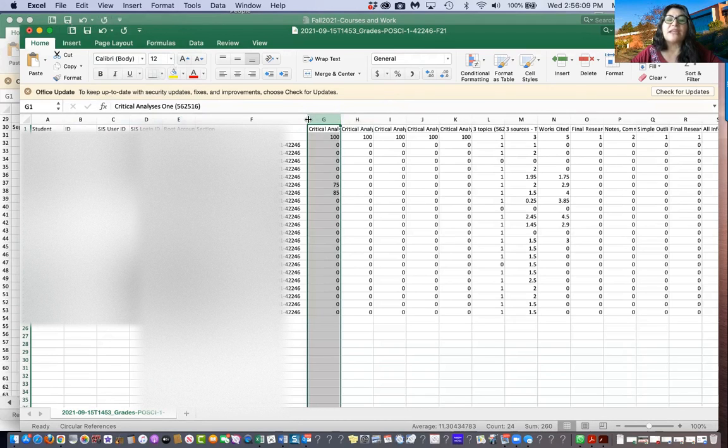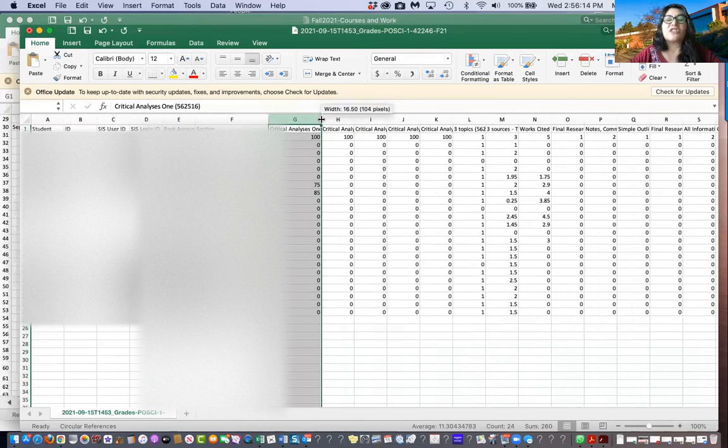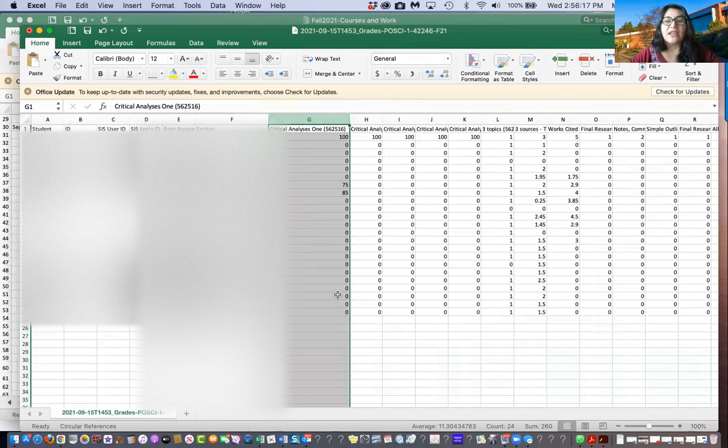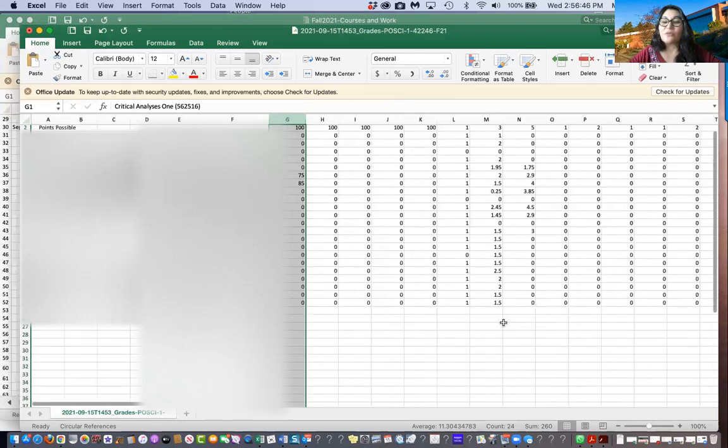But the other thing to make note of is that you can adjust this. So for example, here, you can make it so you can see the full assignment, right? So it'll show the points possible on the top and then the assignments. And so you can manipulate this to make it look better or be a little bit clearer or to be a little bit bigger font. So that's what's really nice about exporting to Excel. And then here you can see that it gives me specifically the section, the date, and then the course. And so that's nice as well. And so this is how you export your gradebook